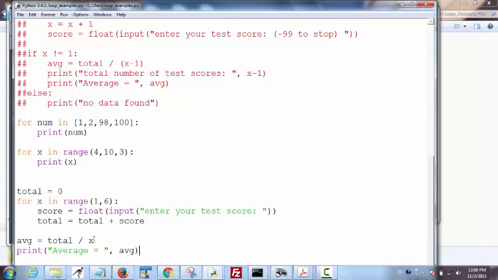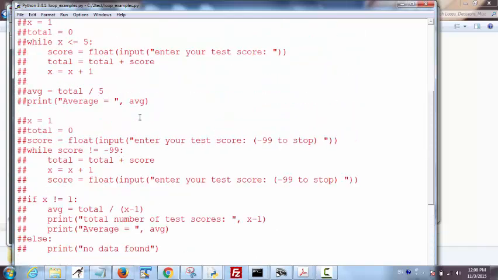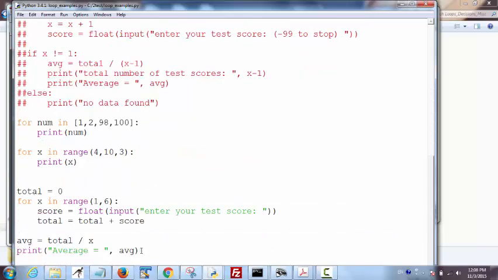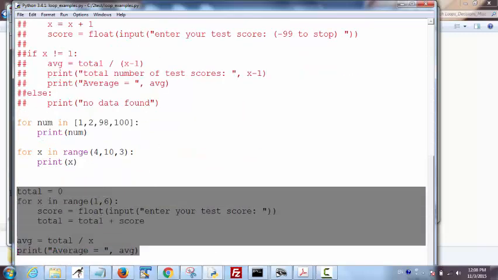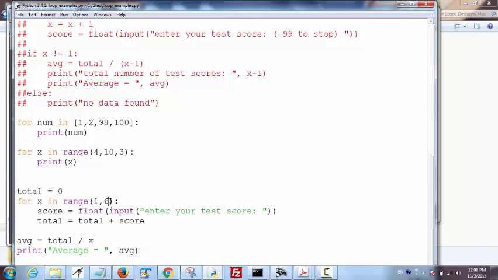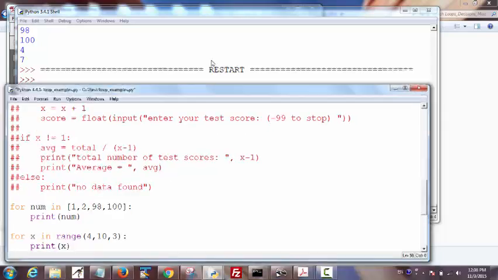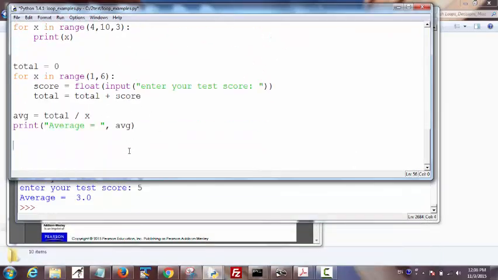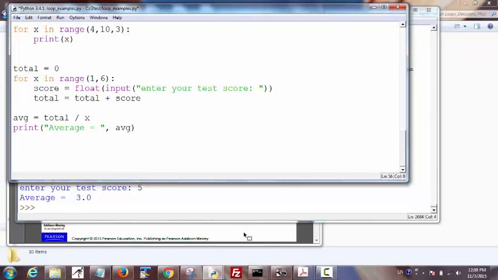So if you had your choice, would you use a for loop rather than a while loop? I would use a for loop because I know upfront how many test scores I have. Now remember again that the number of students in this case, or the number of test scores, could be an input by the user. So anytime you see a constant, you can safely replace it with a variable and of course input from the user. Okay, so let's go back to our